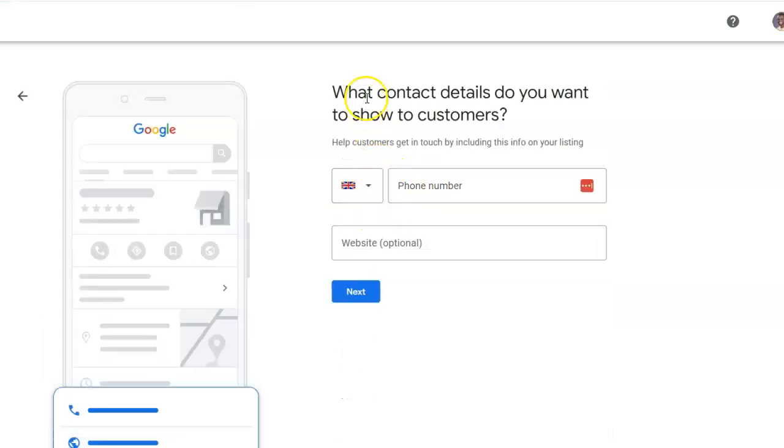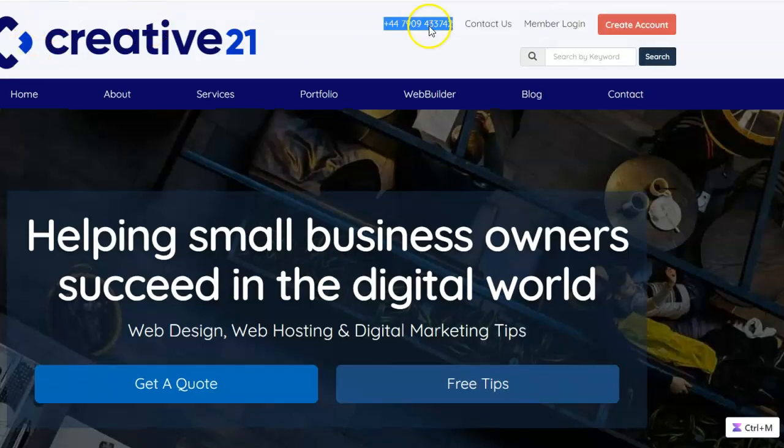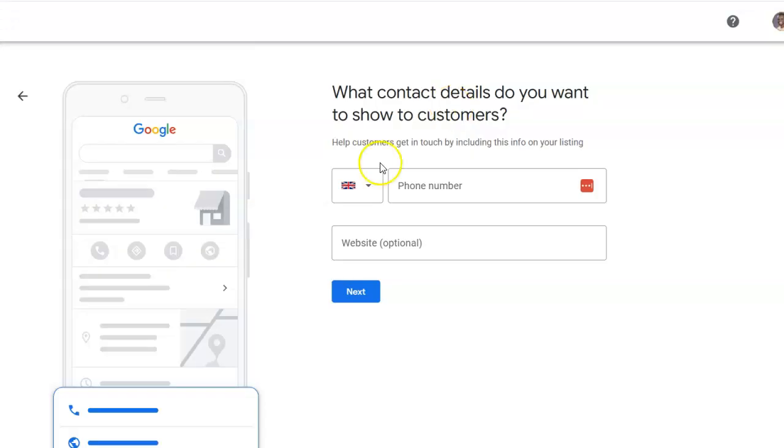Okay, and then here I'm going to add my phone number. So let me just go to my website and add the phone number. I actually don't know this number by heart, but I'm just going to come back here and paste the phone number here. Okay, and then you're going to be asked if you have a website, which is optional. I recommend that you put your website there,